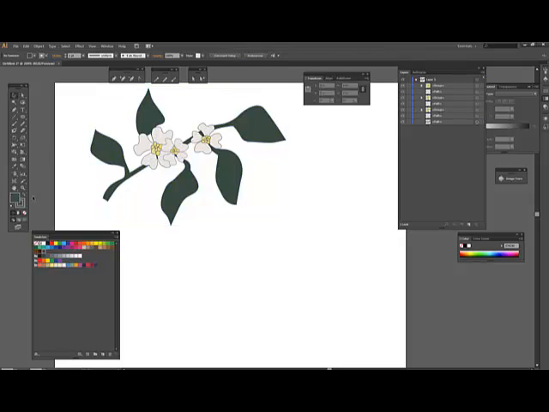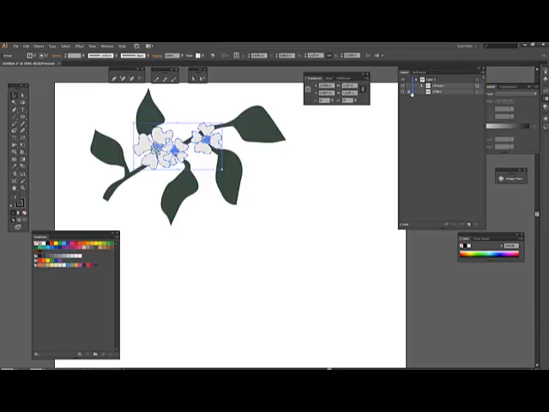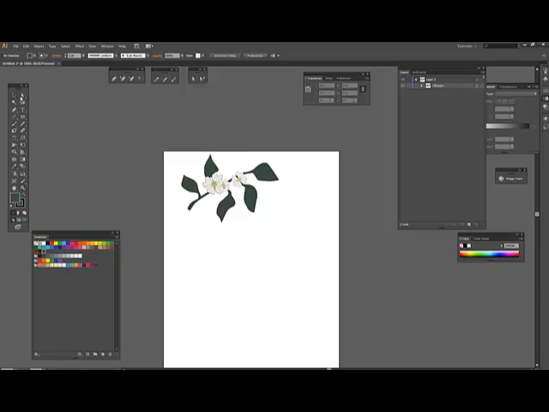Now at that point I would take my green leaves and color them, and then I would group everything together. You'll see a change on the layer palette. First I'm grouping the flowers, and then I pull the leaves up again, and then I select the flowers and the leaves and I group those. I'm making it smaller now,